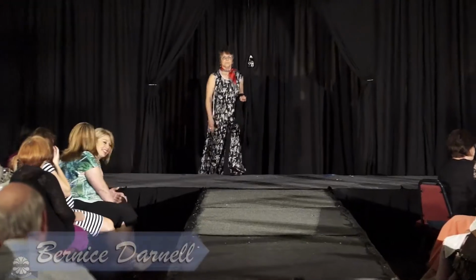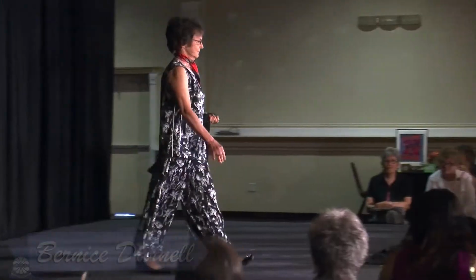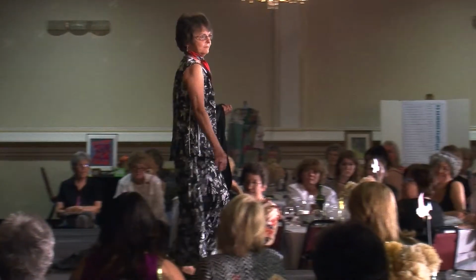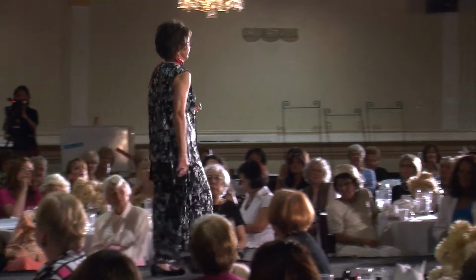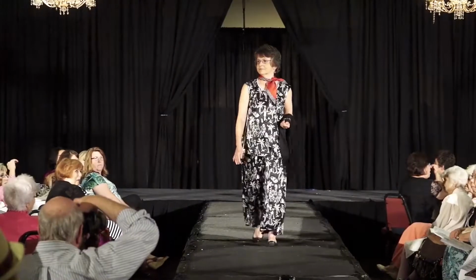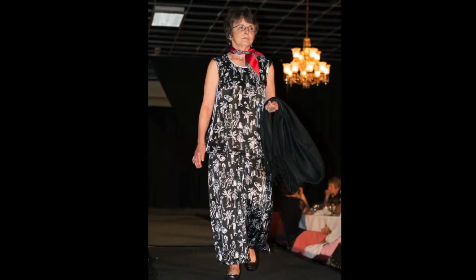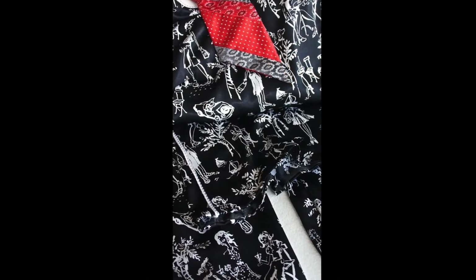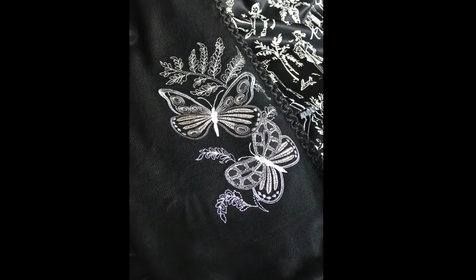Her niece is wearing black and white Parisian print pants and sleeveless top with a black cape. The 3.5 yards of printed fabric in this outfit were neatly folded on a counter at one of our guild meetings. A note on it read, "Free fabric." Bernie shared, and I quote, "Not being able to resist the cute pattern of girlfriends, dogs, cats, and hot rods, I carry it around, hoping to